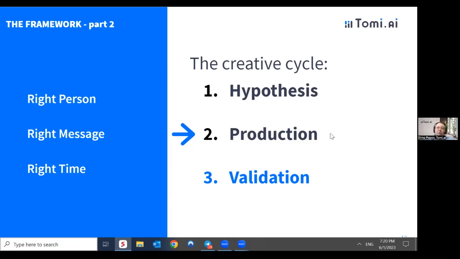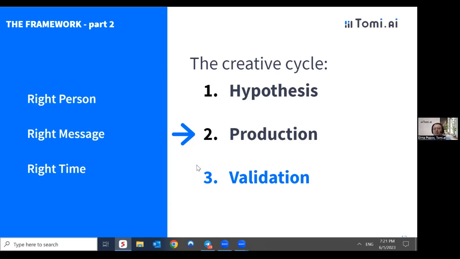Other companies who are using generative AI to create visuals are also making great strides. I'm pretty sure most of you already had your chance to play with those tools. If some of you haven't done that yet, I definitely recommend you try playing with ChatGPT and all those other generative AI tools. You have hypotheses. You have the capacity to produce maybe not perfect creatives, but good enough, minimum viable product level creative to test your